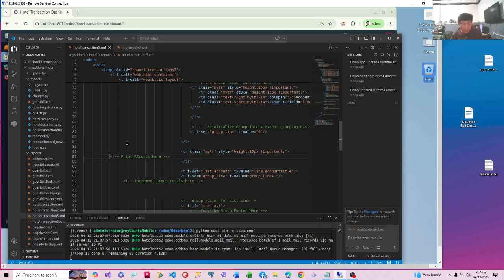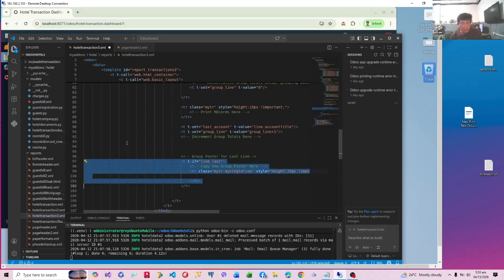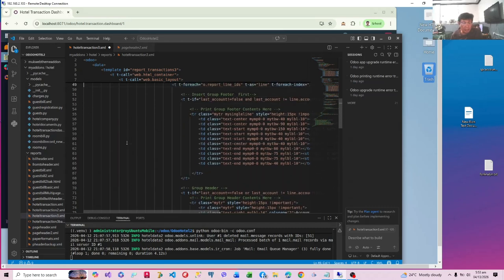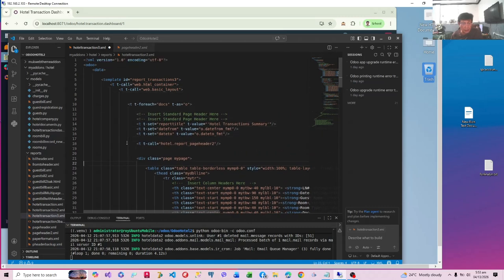Here's our actual records. It's the actual body, and we'll comment out the footer first, and then we'll just uncomment them later, so that we will see the effect on the group headers.